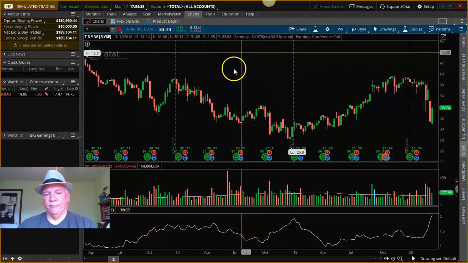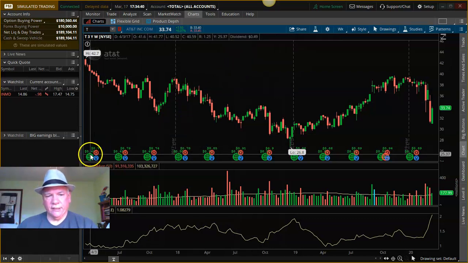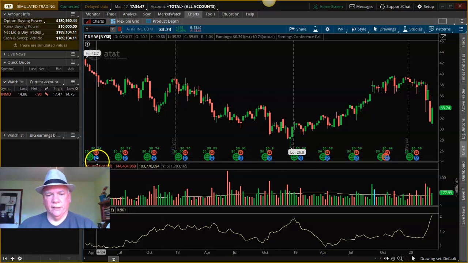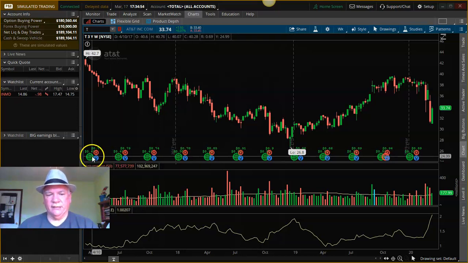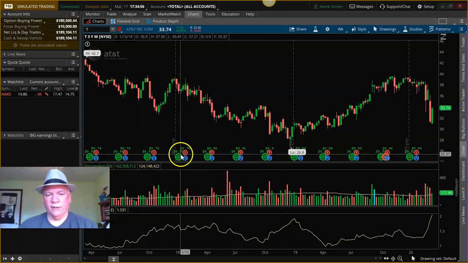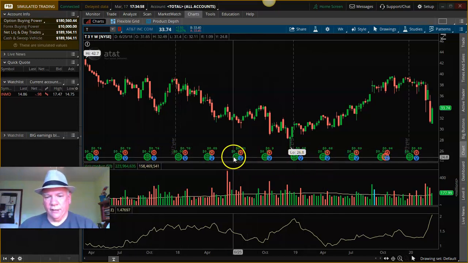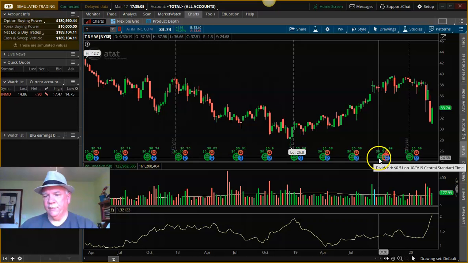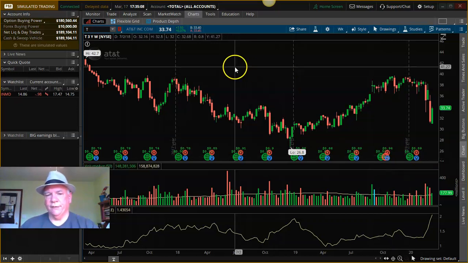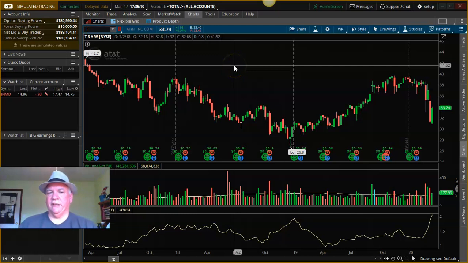Let me show you. See this right here? That is the dividend. See where it says dividend 49 cents, and see it pays right there, all the way up, and it comes up to right here. They raise it to 50, then over here it's 51, and then 52. And see, that's how you know it's good, because they keep raising the dividend.